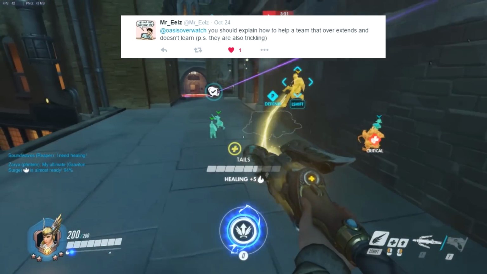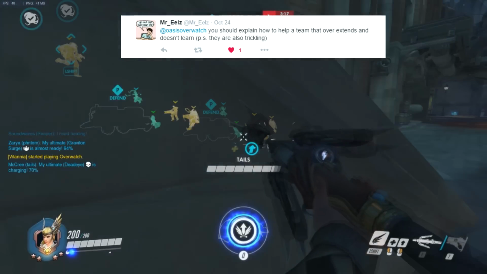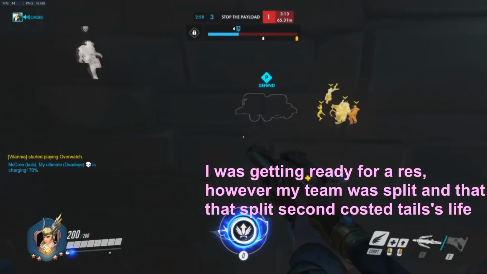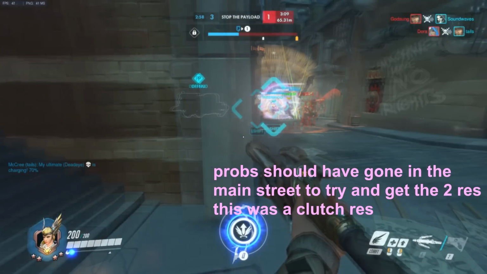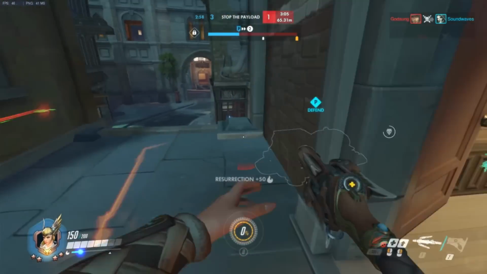Mr. Ills asked, "You should explain how to help a team that overextends and doesn't win. P.S. They are also trickling." Well, I always let my teammates know that they're dying one by one because they're trickling in, and ask if it is possible if we can group together. Well, if they don't listen still,